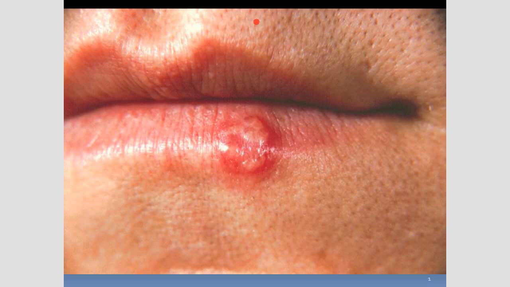Again, I'll start with the impact slide. This is one of the commonest lesions that you'll come across, and I'm pretty sure all of us may have had that. Cold sore. So this is a typical cold sore. And the most obvious place that it appears is, of course, lips. But if you pay attention to it, you will see over here,